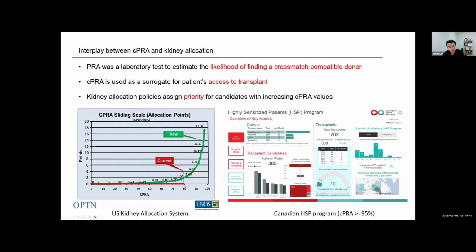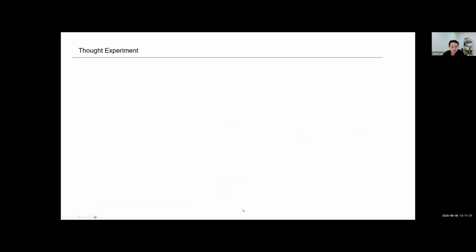So in the United States, when patients have a CPRA greater than 80%, you can see they increasingly get more difficult access to transplant, and they get points so that they get pushed to the higher priority when the organ becomes available to them. In Canada, we have a different metric. When patient CPRA is exceeding 95%, they are defined as difficult to match or highly sensitized. And when that does happen, then we put them into a national pool where they can get organs from anywhere in the country. Outside of this, they would only get organs from their own jurisdiction, i.e. their own province. So this is one of the ways we share organs nationally in Canada.